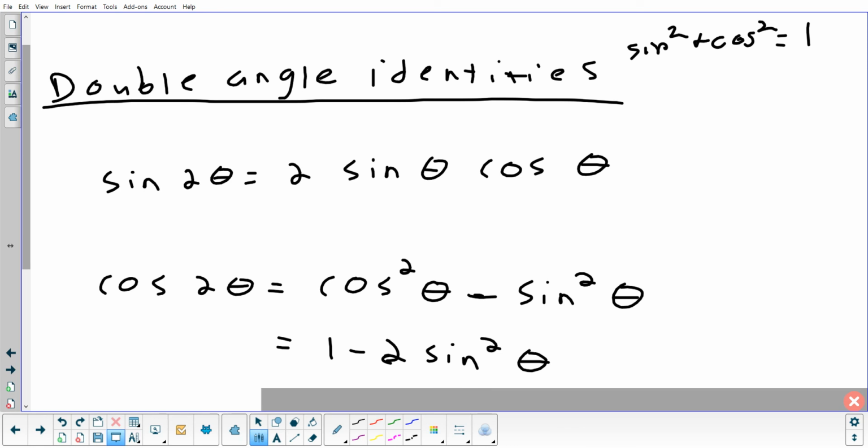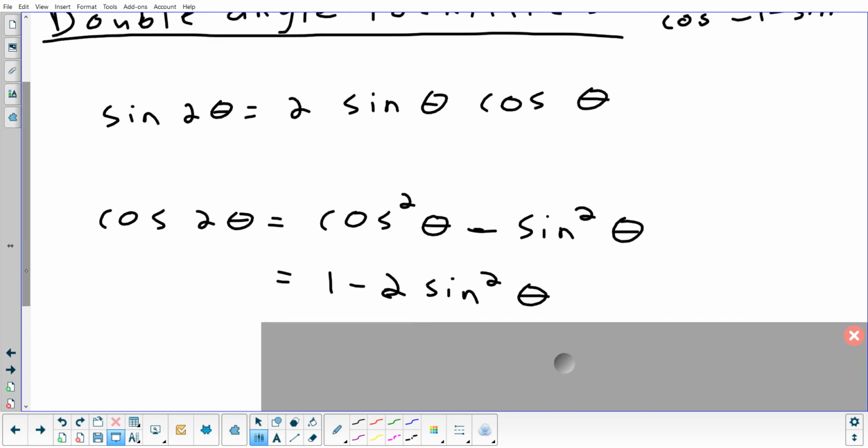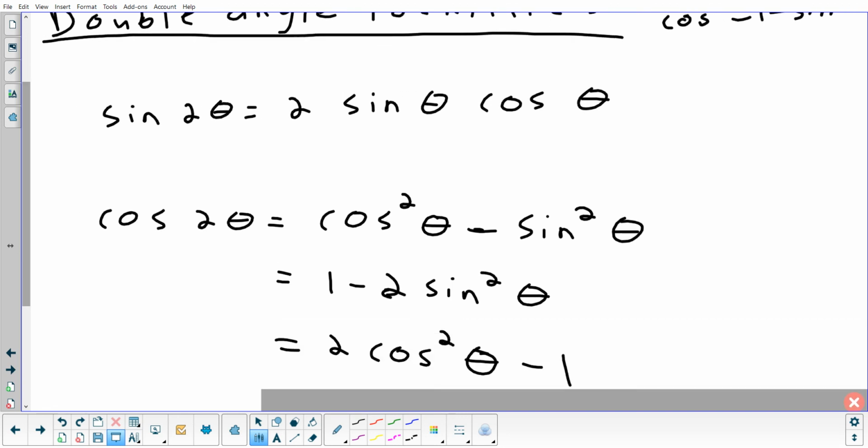They substituted for cosine squared. You can substitute a 1 minus sine squared in for a cosine squared and get that version. Or you can substitute in the other way, substitute in for sine squared and get that version. It's really 3 different versions, and which one you use in a problem,